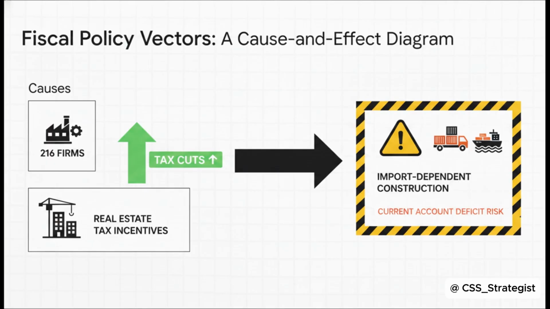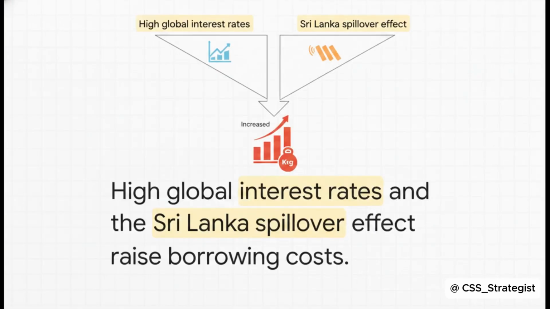But here is the analytical catch you have got to highlight. Construction-led growth in Pakistan is heavily import-dependent. Cement requires imported coal, steel requires imported scrap. So by stimulating growth in these specific sectors, we actually risk severely widening the external current account deficit. And that external deficit leads us right to the brink of debt distress.